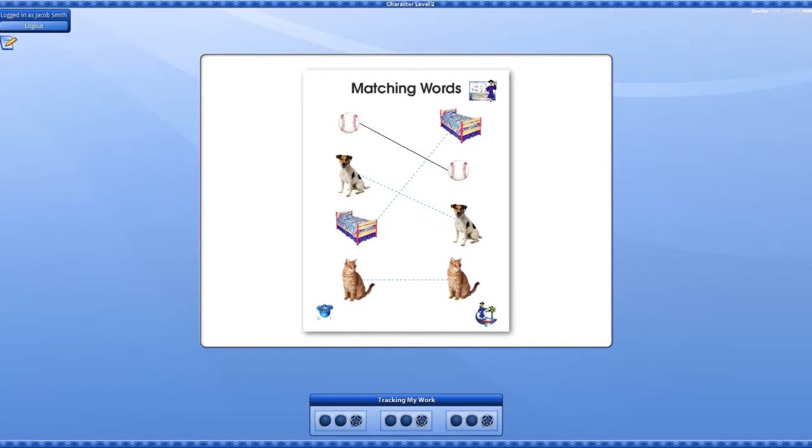And then when you're done with that, you're going to draw a straight line from one dog to the next. And we always kind of do it from this side to this side, or from left to right. And then when you're done, you're going to draw a straight line from one bed to the next,